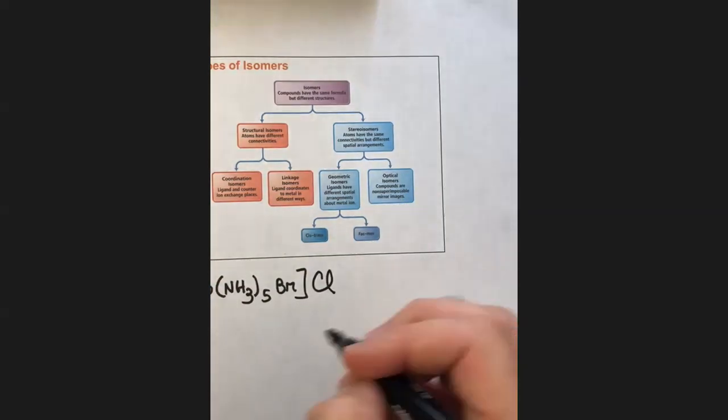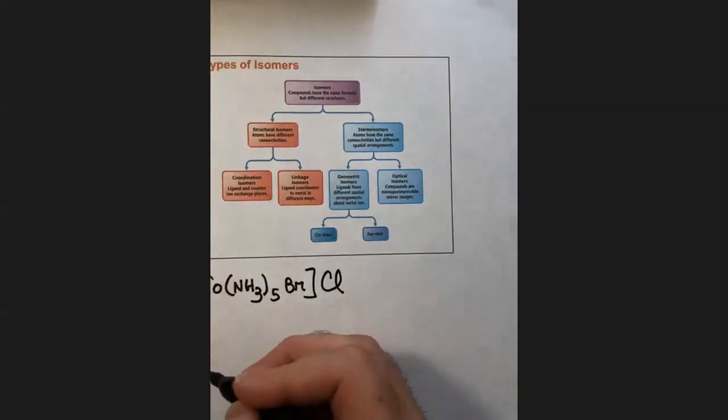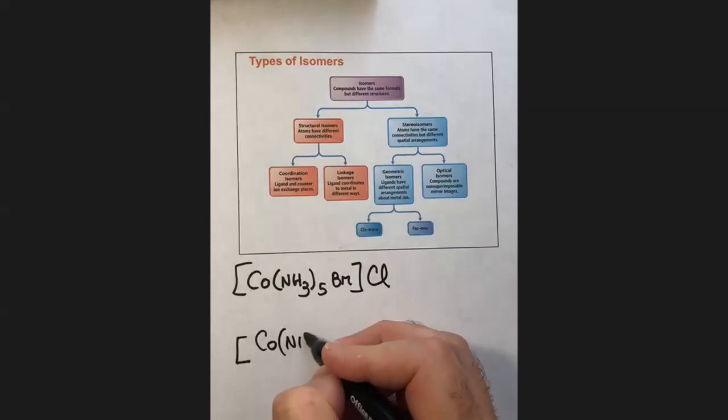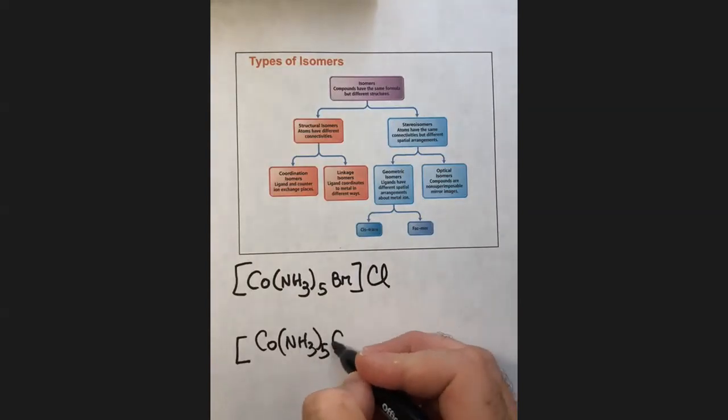And the other one we're going to show you here is, same thing, cobalt with 5 ammonias